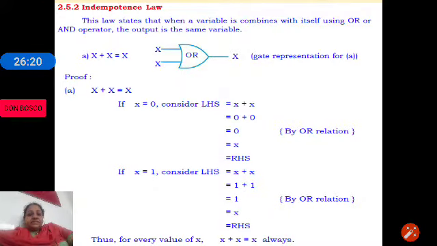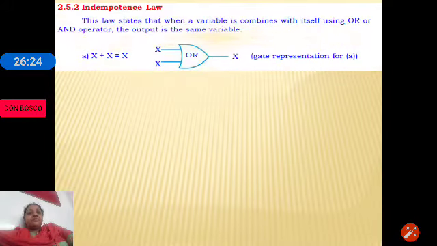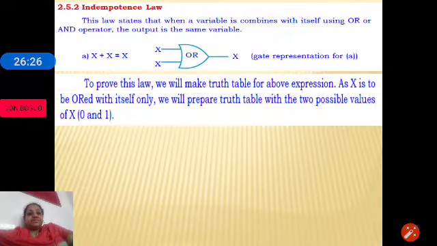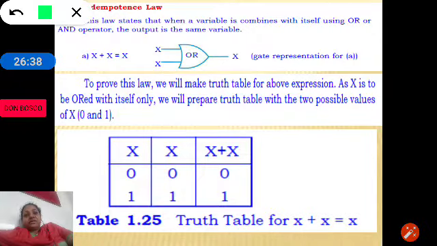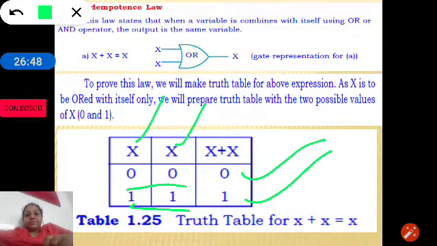So, let us continue with the proof by using truth table method. You can see here we have a truth table. In the truth table we have only one value, that is x. X can be 0 or it can be 1. 0 plus 0 is 0, 1 plus 1 is again 1.